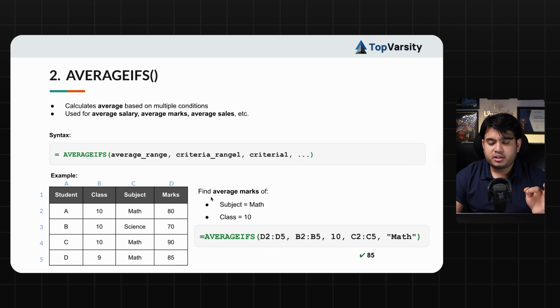Okay, so to solve this problem, I need to find the average marks of subject maths and the class should be 10. For that I will select the range. First of all, according to the formula, the formula is asking for average range, so average range should be our marks. So I'll select D2 to D5 as the average range, and then I will select the first